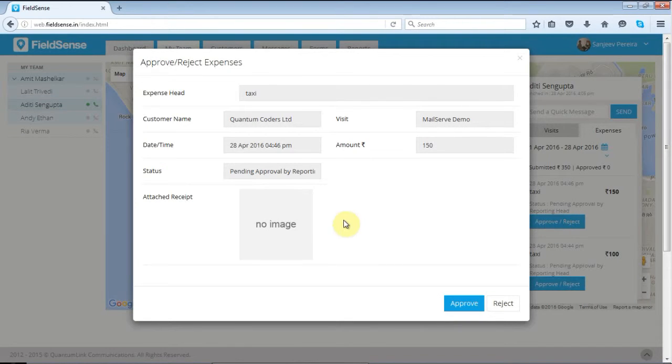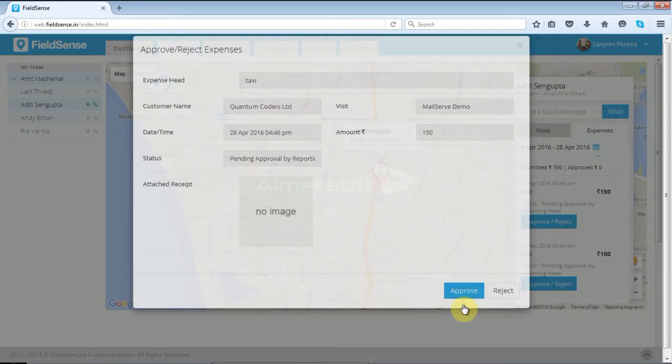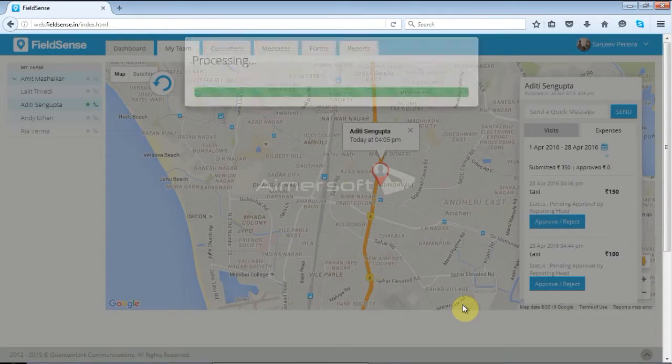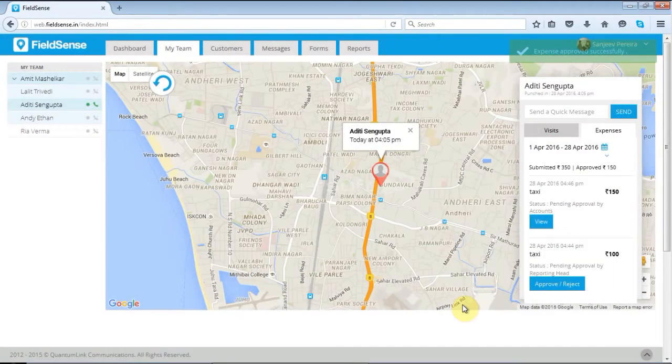If I click on reject, I'll show you with a later example how it comes to you. So I've selected approve, and the expense has been approved successfully by the manager.